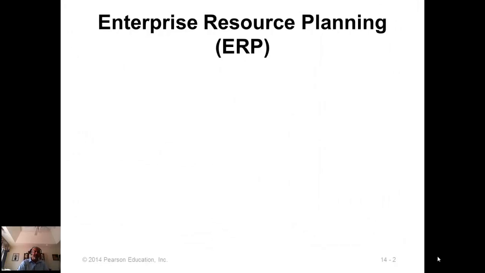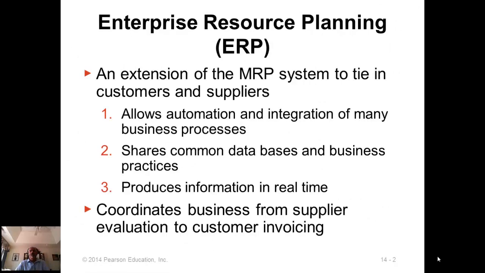Now, ERP is the current version of MRP, where you take the MRP and include everything that an enterprise does. So MRP becomes the core, but all other activities performed by the company are tacked onto this, and it becomes a huge system that encompasses everything that a company does. It allows for the automation and integration of all the business processes. We have a common database, so information is consistent throughout the company, and everything is automated.